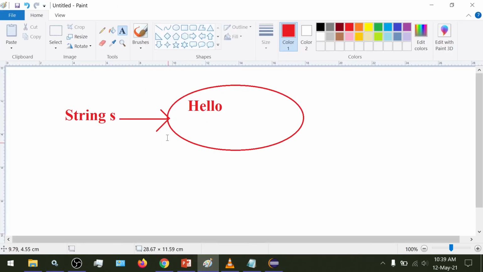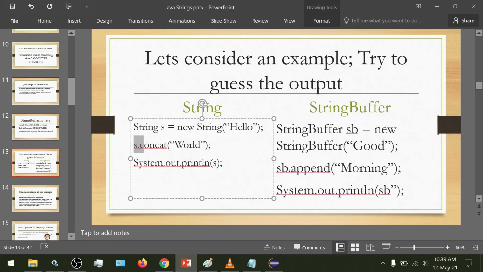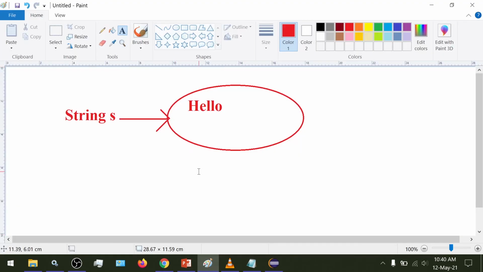So what happened? Here we have a string s pointing to the object hello, and what we have done in the code is we have called the method s.concat. When we do this, the word world gets concatenated to the string hello.